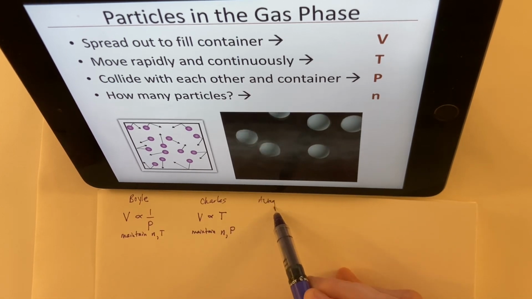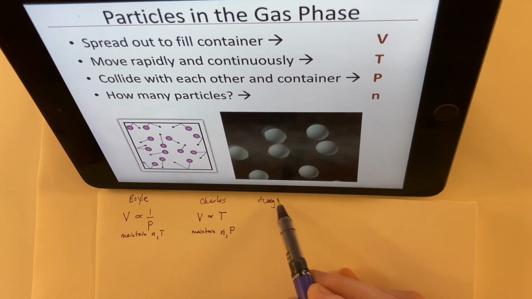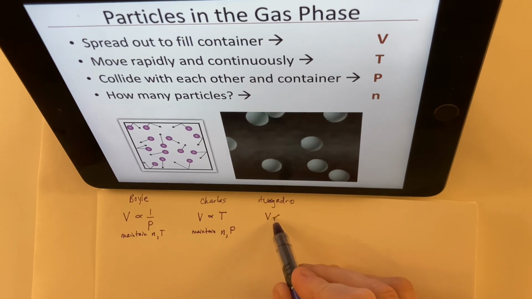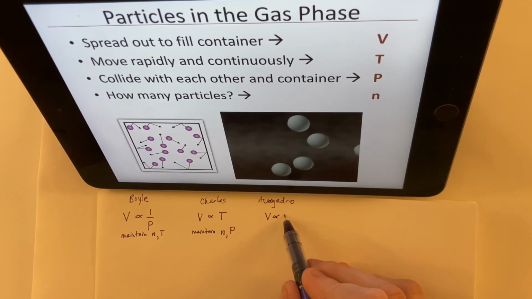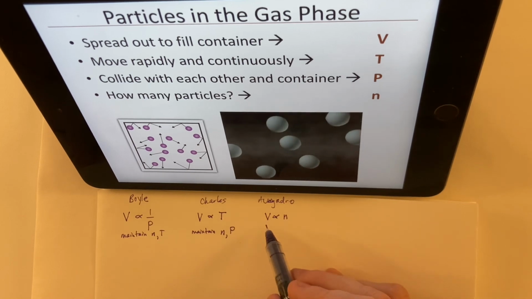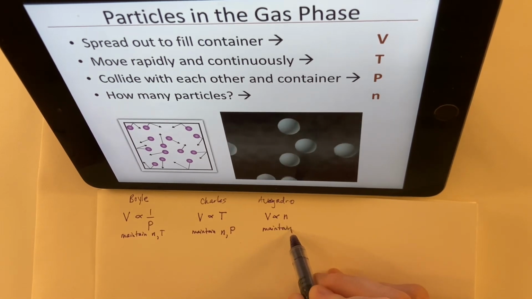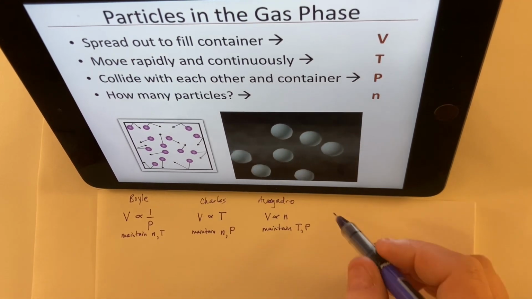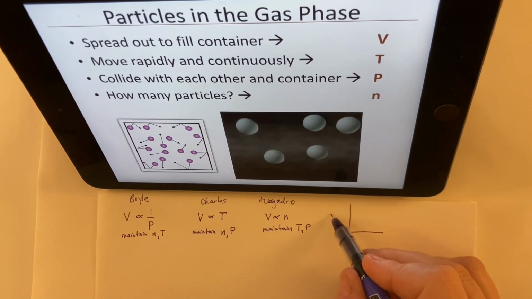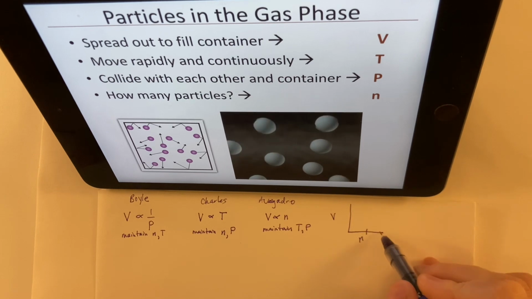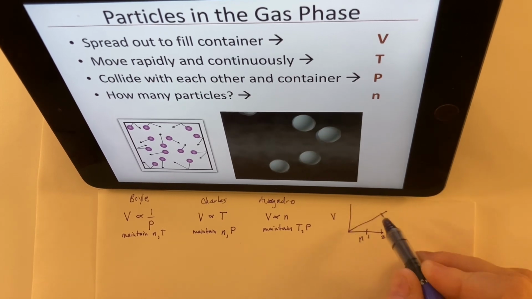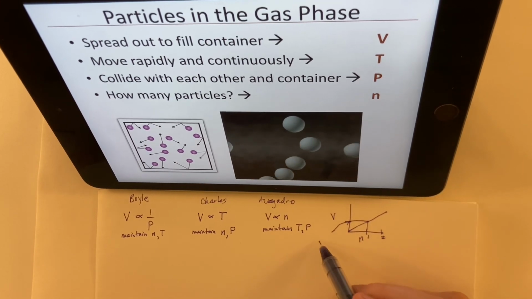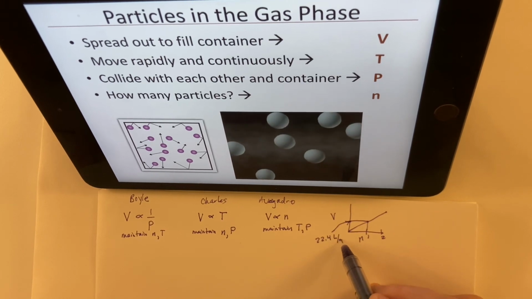And Avogadro, not to be outdone, Avogadro, there we go. He noticed, as many others, that volume, the space a sample of gas takes up, is proportional to how much gas you have in order to maintain the temperature and the pressure of that sample. And in fact, in that direct proportionality, if you map those, it's wonderfully linear, like 1 mole, 2 mole, and then that 1 mole turns out to be a volume of 22.4 liters per mole at